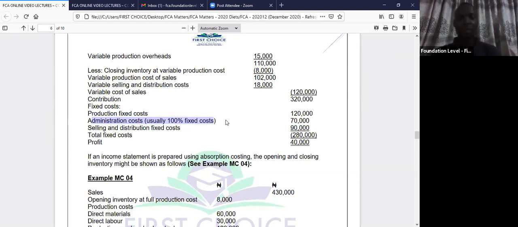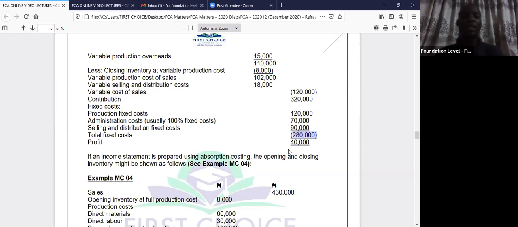Then you have your selling and distribution costs. Normally, some parts are fixed, some parts are variable. We dealt with the variable part, now is the fixed part. So your total fixed cost happens to be 280,000. When you less it from 320, all you have is 40,000 as your profit. So you see how